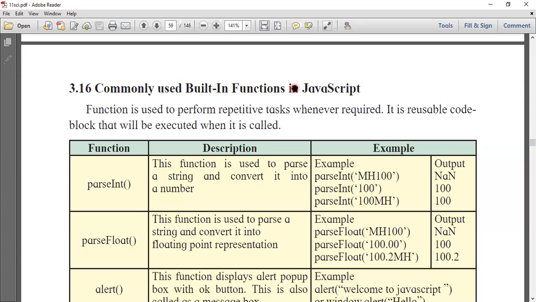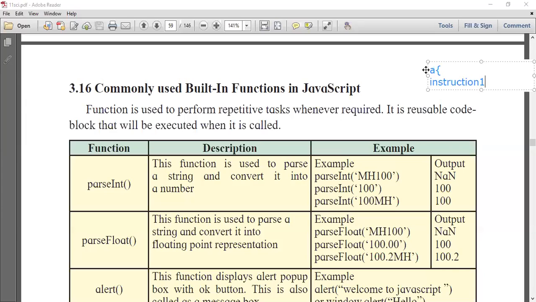For example, suppose I'm using a function a. In curly brackets I am writing instruction 1, semicolon.